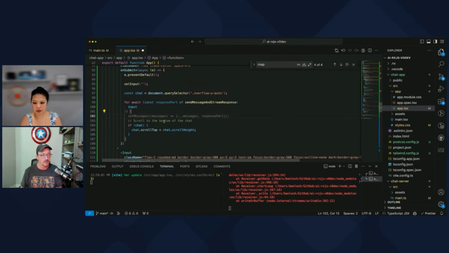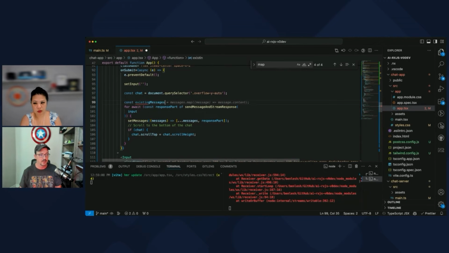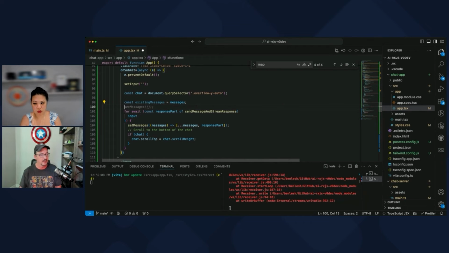So let's see. Set messages. So this response part, really, we're going to be building onto the last message over and over and over again. So let's see. The previous message, existing messages equals messages. And then next it's going to be, let me think about this.